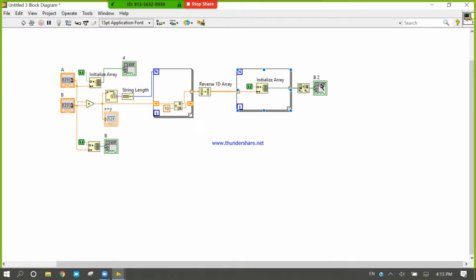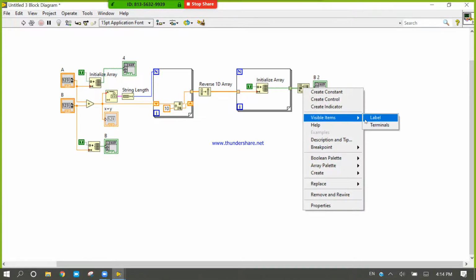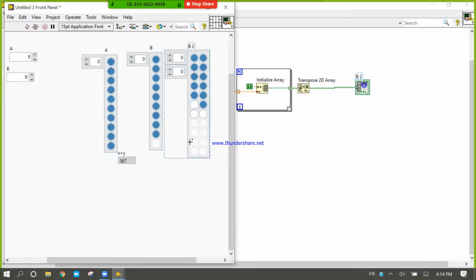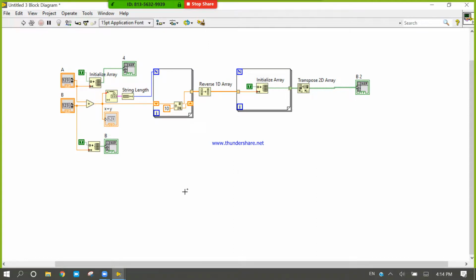So that is the second row. To convert from row to column, I am using this function. The name of this function is transpose array, and after that I am getting this output. Please design this if you want to complete it.